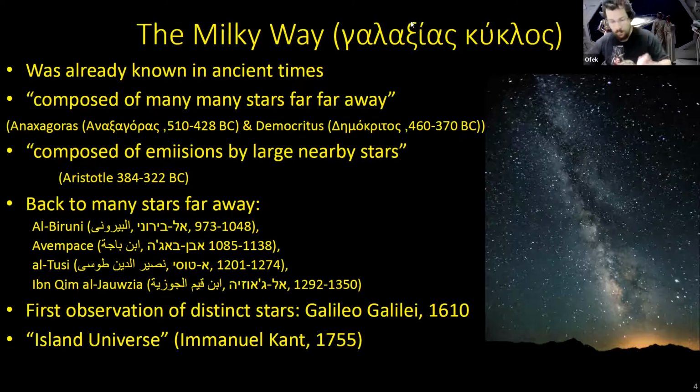This recession, going away from the Aristotelian view back to the understanding that these are many, many distinct stars, developed throughout what's called the Arab or Muslim Golden Age. We mentioned many of these scientists and philosophers when we talked about the Copernican revolution, realizing that there are indeed many stars in the Milky Way.